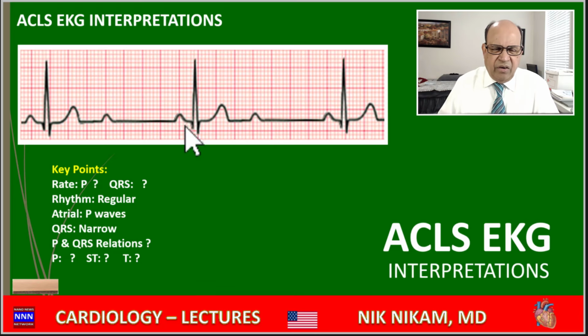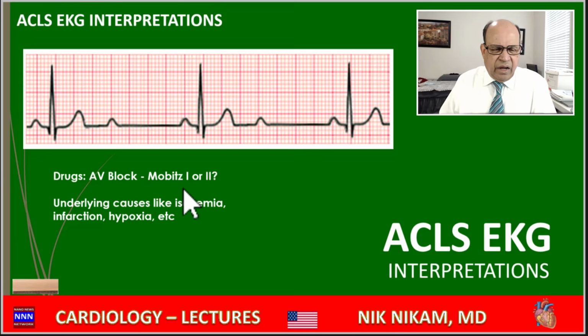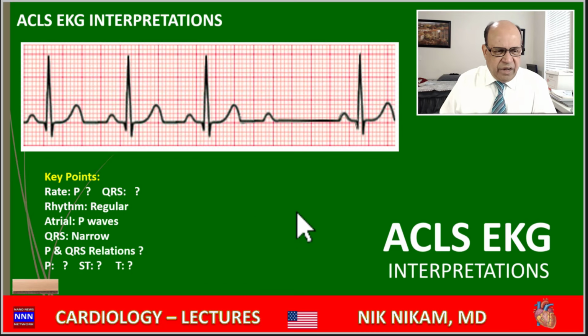Since we do not have a long cycle of progressively increasing PR intervals and decreasing RR intervals, it is very hard to pinpoint this as whether this is Mobitz type 1 or Mobitz type 2 heart block. So there's a question. The only way is to look for much longer rhythm strips and see if there's some areas where you can identify something more than Mobitz type 1 or Wenckebach. Now here we have a regular sinus beat, regular sinus beat.